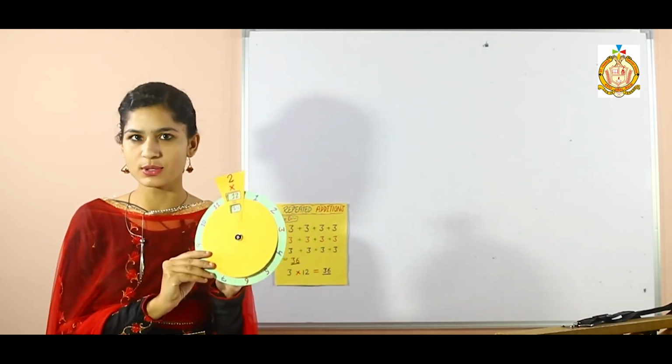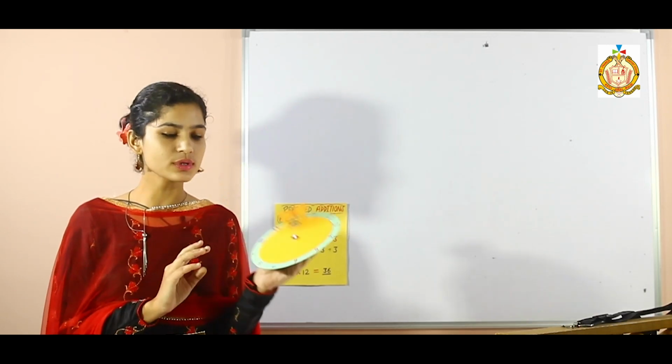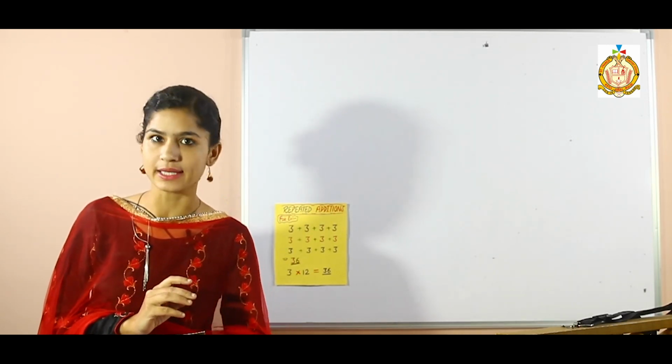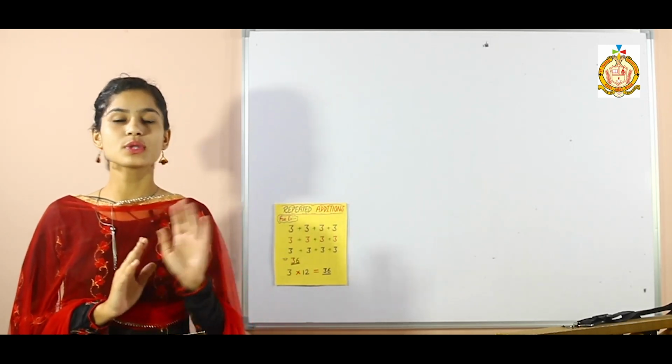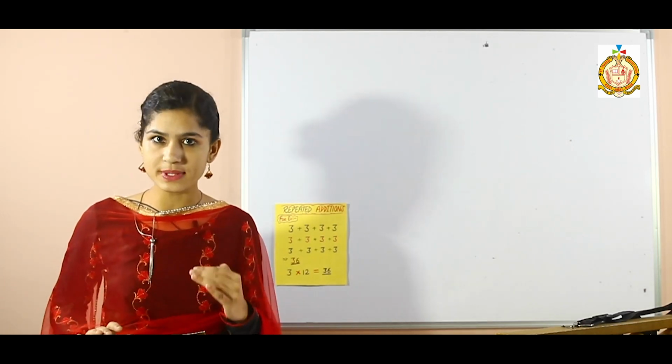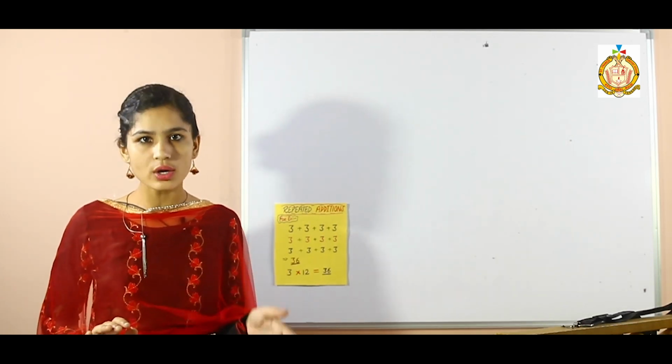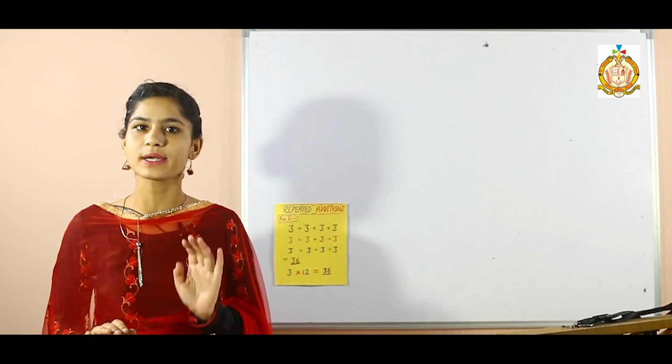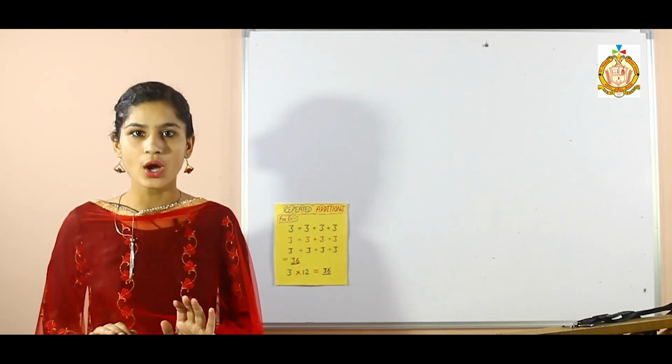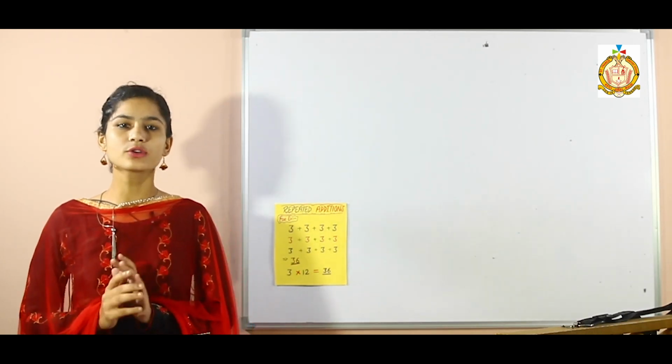It means it is a table of 2. You have to learn like this up to table 9, so that you can do the multiplication. If you want to do multiplication, you have to learn the tables also. Otherwise, you cannot do multiplication efficiently. Okay. Now come to our topic.